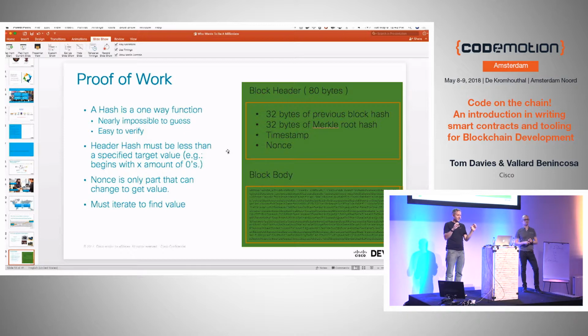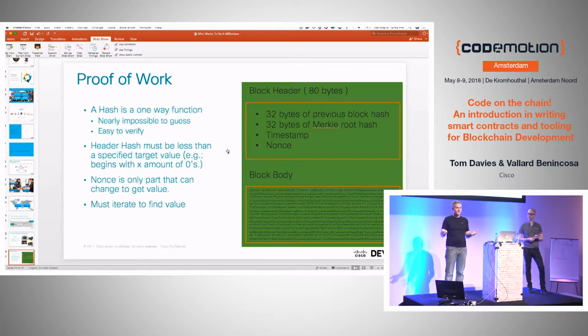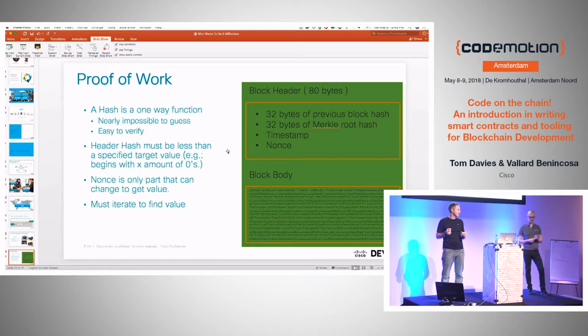And so what we do is we just run this through our algorithm trying to change the nonce, and we're trying to come up with a hash number that has a number of zeros in front of it. So currently I think it's about 17 or 18 zeros is the number that has to come out of this hashing algorithm. So it's very difficult to come up with, but once you know it, anybody can verify that it was the right one. Really quickly, yeah. That's what we're trying to solve with proof of work.